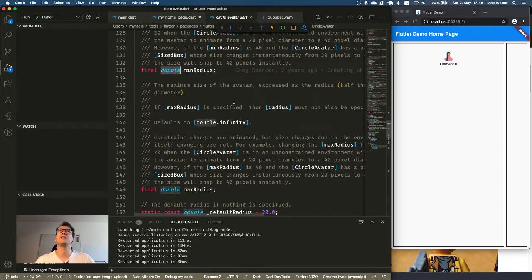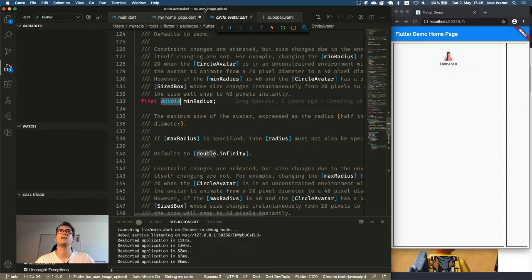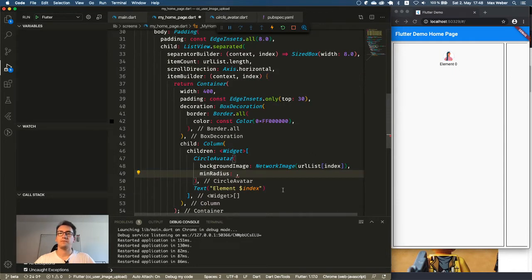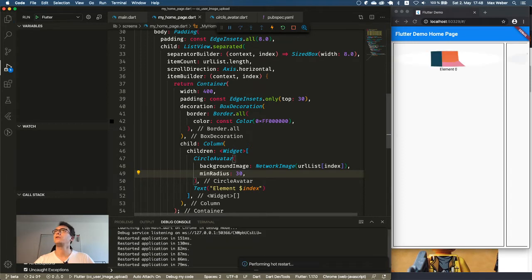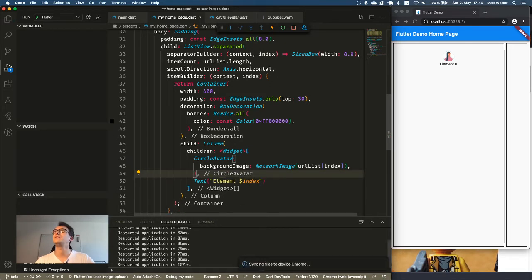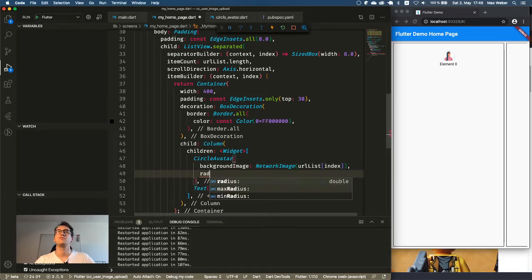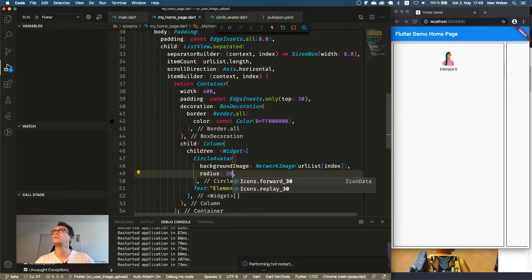You can usually directly see if it's getting a double or something. So for that, we give it radius should be 30. Let's try that. Oh, all right, that looks weird. Why is it looking so weird? Did I somehow make a mistake here? Radius of 30, let's see. Okay, now it's getting a bit better.